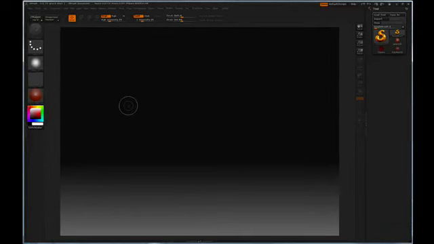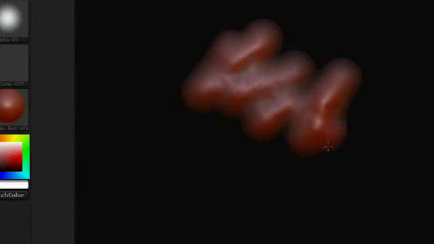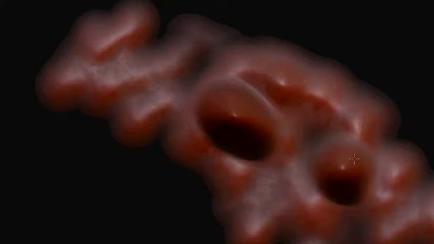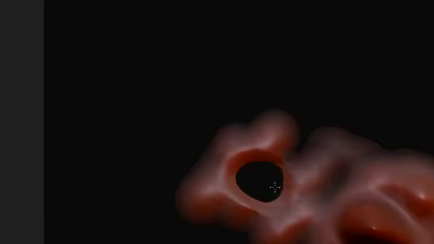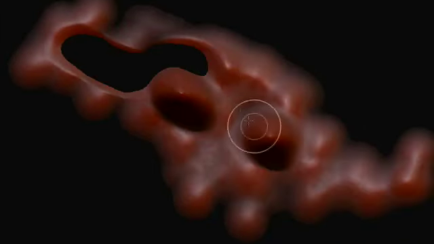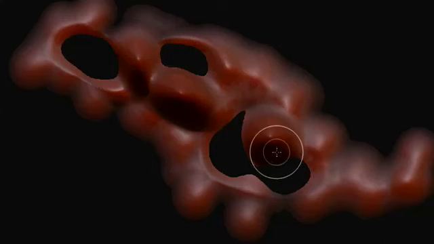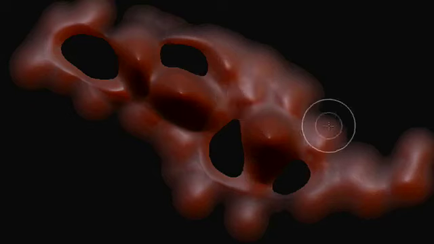Now with ZBrush, it's mainly used for 3D painting, 3D sculpting. We're going to be using the 2.5D brushes in it today. So one of the biggest things that you want to learn from it is that you can paint pixels onto your canvas like so, and you can build up depth. So as you paint over other pixels, it's actually creating depth to it. If you hold down the Alt key, it does the opposite of what the brush is doing, so you can actually sculpt in areas. And then you can go back over areas and add more depth as you feel. So that's mainly how we're going to be creating this evil text today, is by using the 2.5D tools and